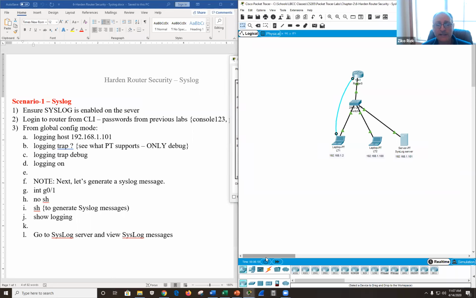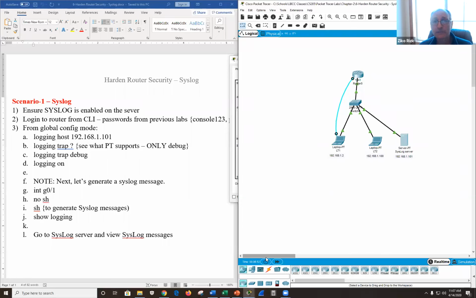I don't know if we've done this in CS248. Did we do this in A? Did we do logging? I don't specifically remember us doing it. Then we'll definitely do it in B. We will definitely do it in B. And remember, when it comes to file servers, you have more granularity. Do you want to log everything that happens inside a folder, inside a tree? Is it just this one file? And then, what kind of logging are you interested in? Is it when they create, when they delete, when they read, when they write?